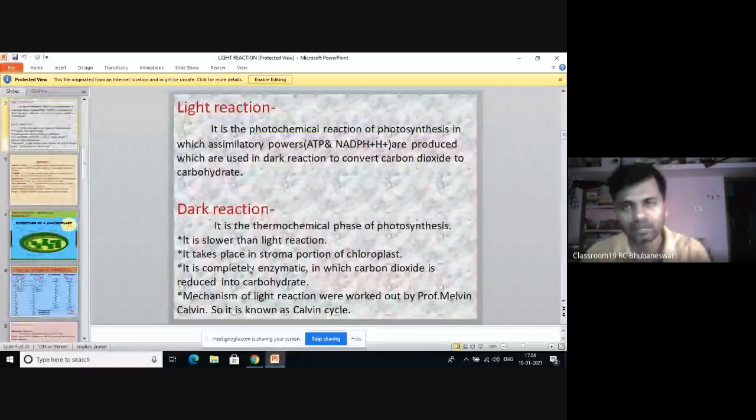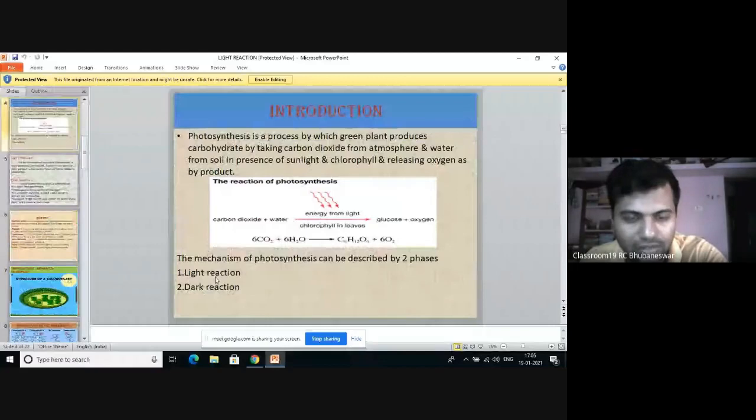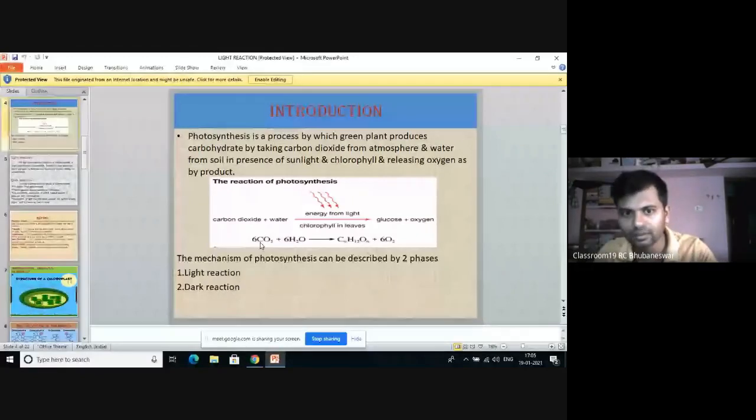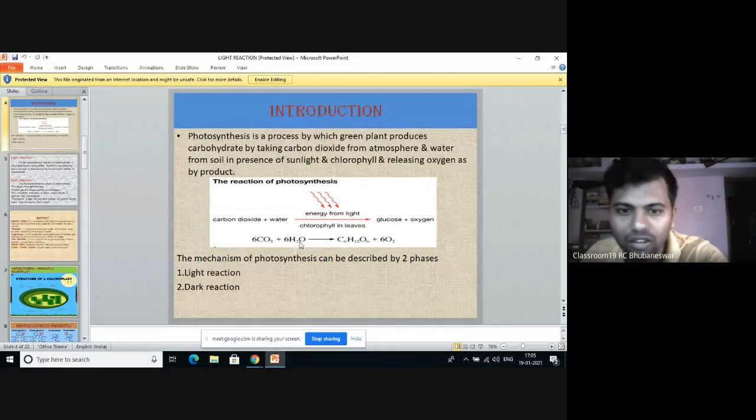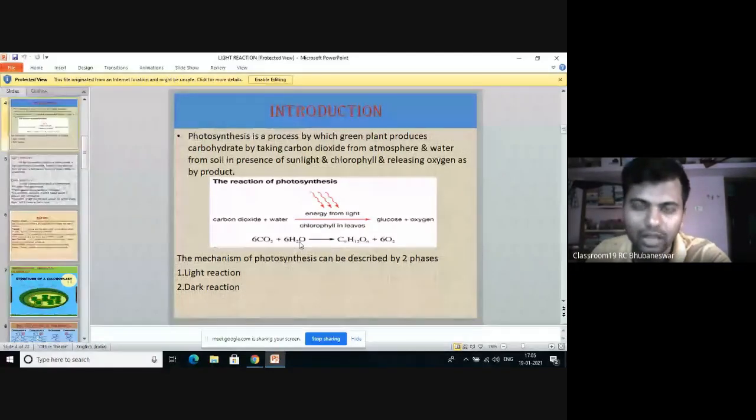In photosynthesis, the plant prepares food material by two processes, light reaction and dark reaction. Always remember that in photosynthesis, carbon dioxide does not combine directly with water. Most of the time we think that carbon dioxide combines with water to become carbohydrate, but actually this is not happening. Water is first utilized in the light reaction, and carbon dioxide is utilized in the dark reaction. Got this point?